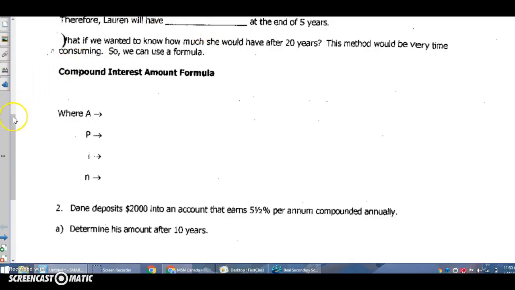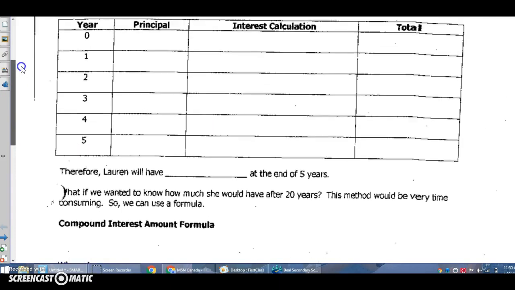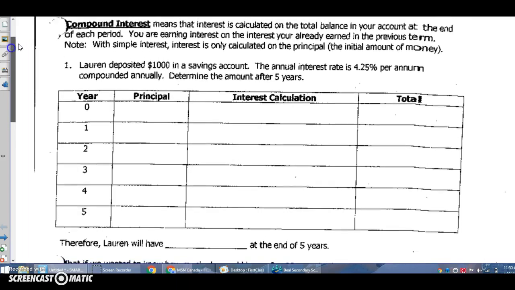Okay, I haven't made a video for this course in a while. Grade 11 Finance, 3U. We're looking at the compound interest part of the course. So we have compound interest,